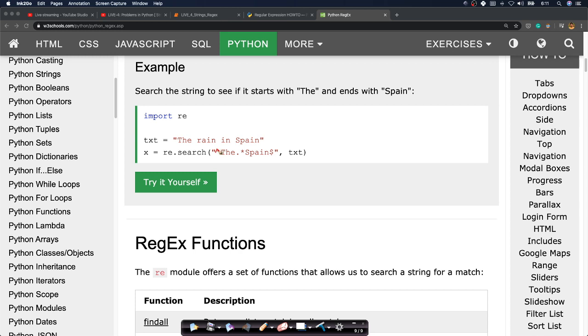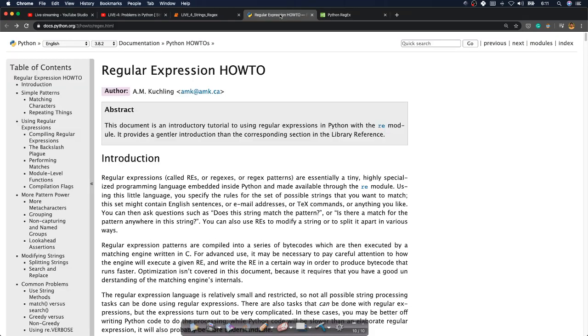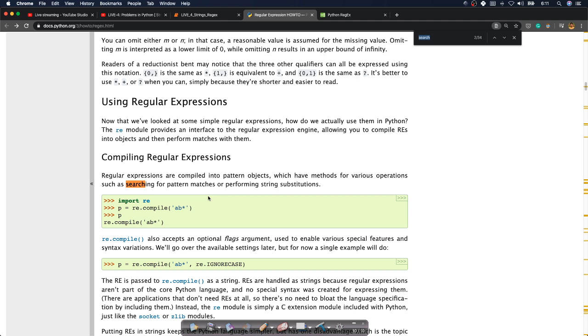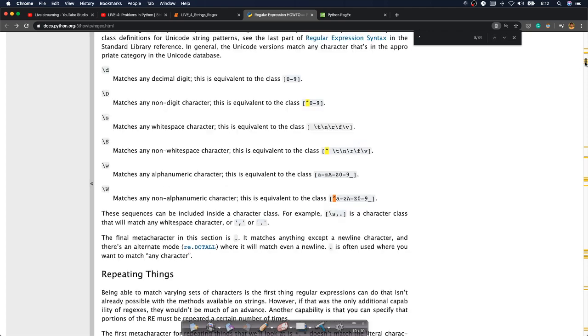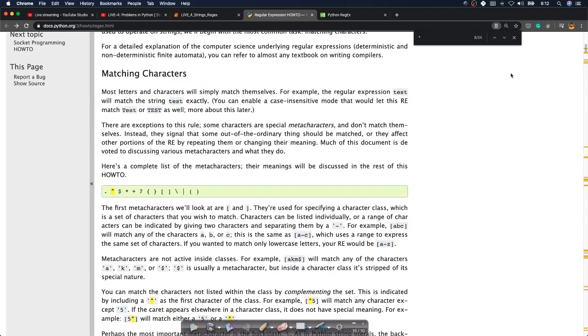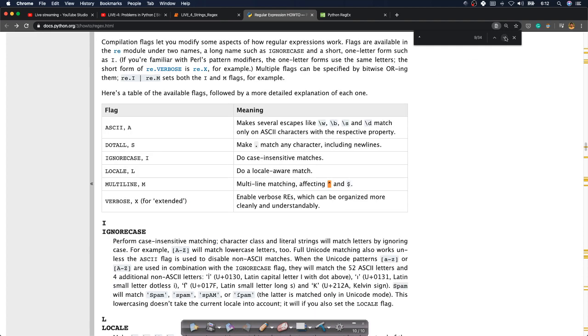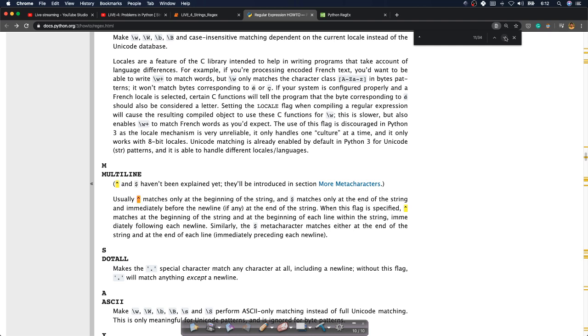The moment I see this cap symbol, what does it mean? It means starting. If you've forgotten that, you can always go to this reference and search for cap. Where is this cap? On the right side, you can see where the cap is first mentioned. This is called the cap symbol, the exponentiation symbol. Usually cap matches only the beginning of the string and dollar matches only at the end